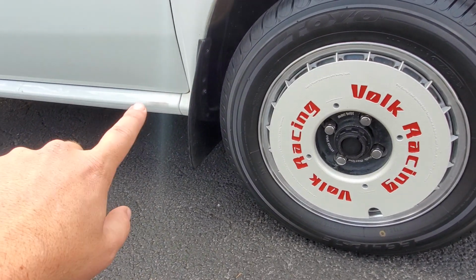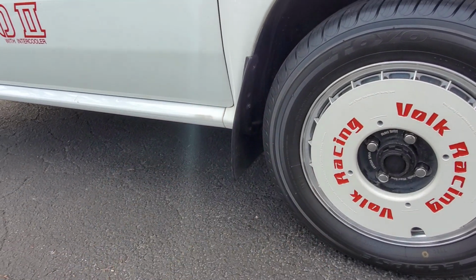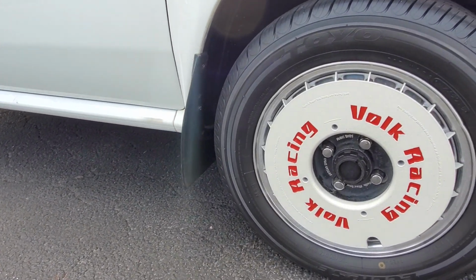Oh, that's just a dirt splotch right there. That's nothing. So yeah,